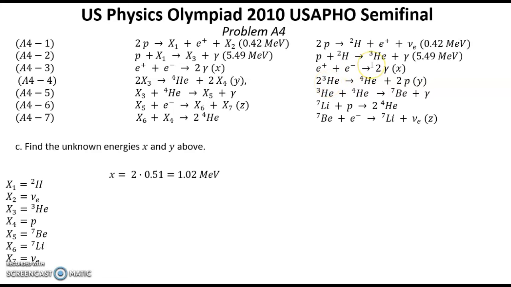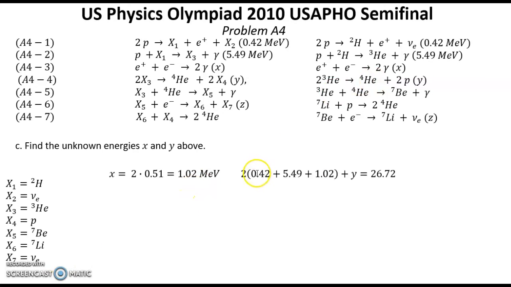And if we add Y, we will get our previous answer of 26.72 mega electron volts. So that will be this equation. So 0.42, that's energy for neutrino in the first reaction,